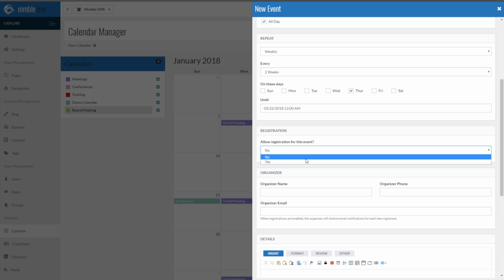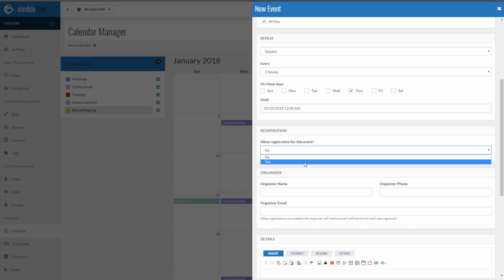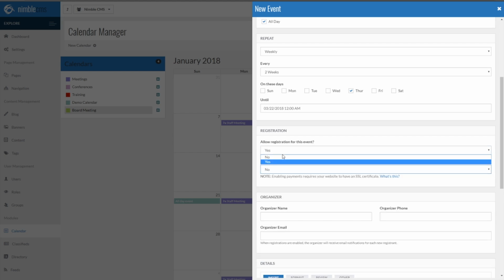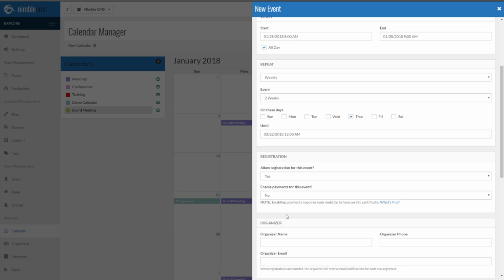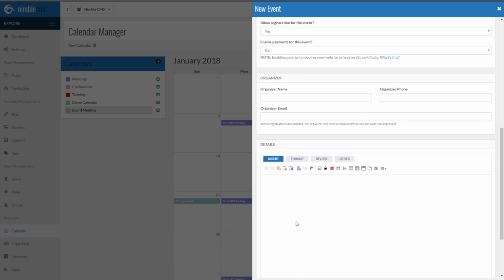You can allow registration for events if you would like to know who will be attending specific events. Set this to yes and whether or not you would like to enable payments. If you have Stripe set up on your website, you can start taking payments through the calendar events. If you're taking payments for this event through another service online, you can simply post a link to that page